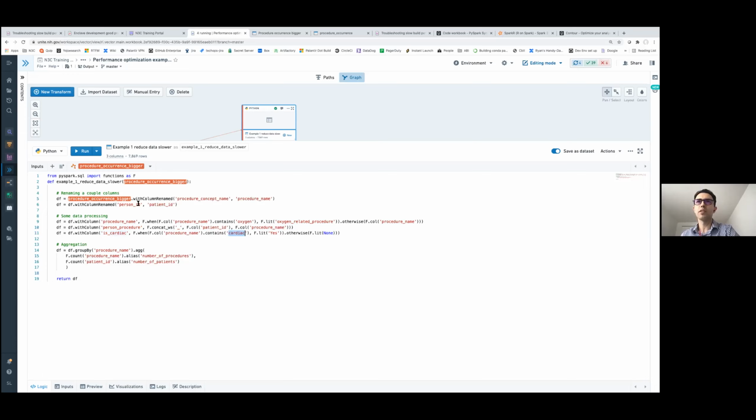So simple data processing: renaming columns, doing data processing, and then doing an aggregation on the procedure name to get the counts of all the procedures by the procedure name and the unique count of patient IDs. This query runs on more than 800 million rows.